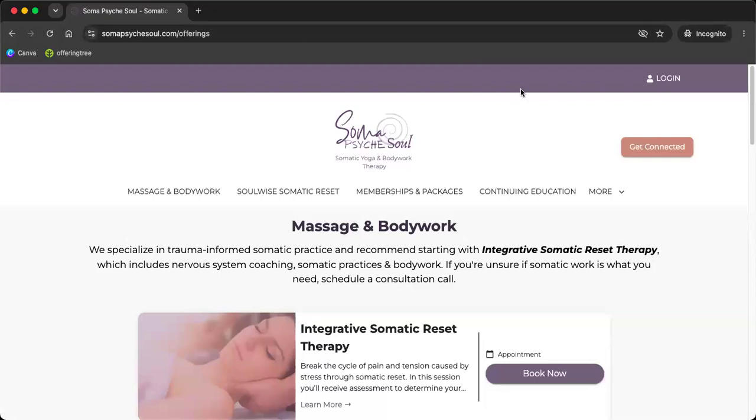So again, you can go to Offering Tree, one word, search for that in your app store and download Offering Tree as an app, and then search for Soma Psyche Soul in there, and you can find me that way. Or you can utilize your